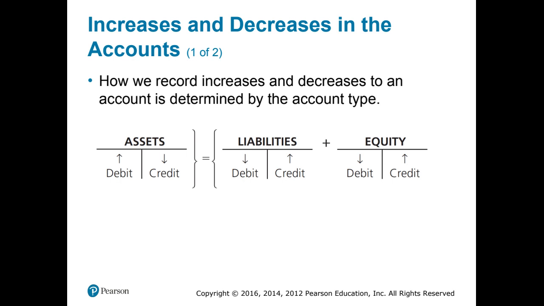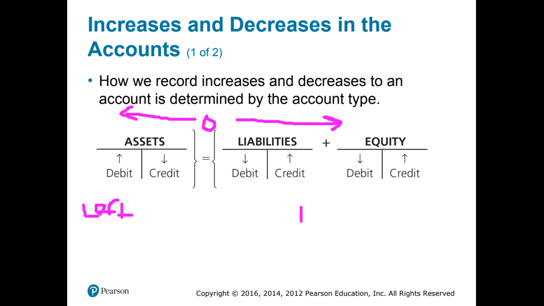This is showing us that any account that's an asset account increases with a debit. So if this is 0 and we want to increase our assets, we increase them on the left side of our T account, moving to the left side. If this is a 0, we're moving away from the 0, so we're moving to the right